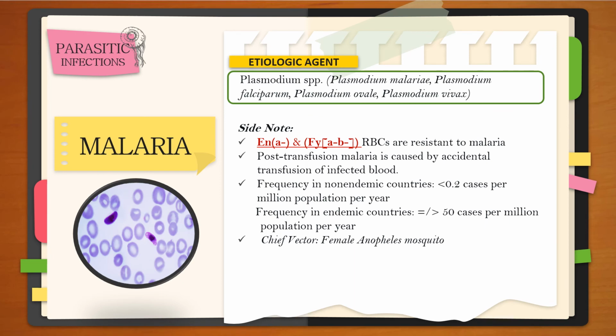So the most common and remarkable parasite in transfusion transmitted infection is malaria, which is caused by Plasmodium species. We have Plasmodium malariae, falciparum, ovale, and vivax. And recall from the other blood group systems, your Duffy negative and Ena negative phenotypes are resistant to malarial parasite invasion. And actually, most of the transfusion transmitted infections are a result of unscreened blood units and accidental transfusion